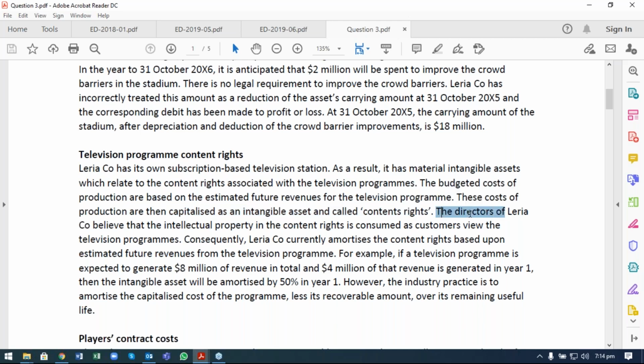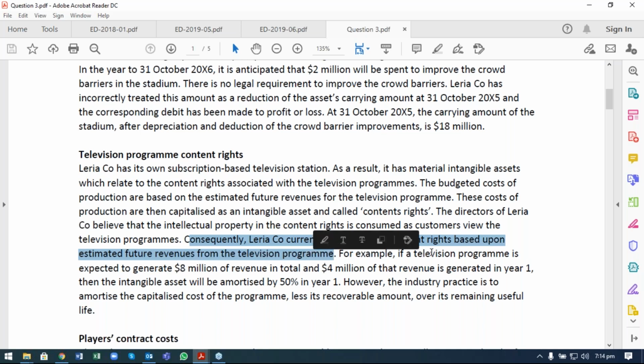The directors of Laria company believe that the intellectual property in the content rights is consumed as the customers view the television programs. Consequently, Laria company currently amortizes the content rights based upon the estimated future revenues from the television